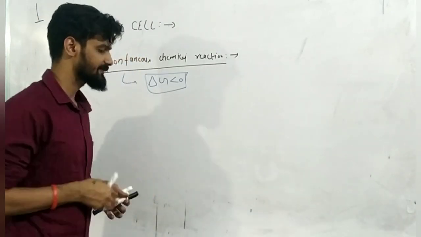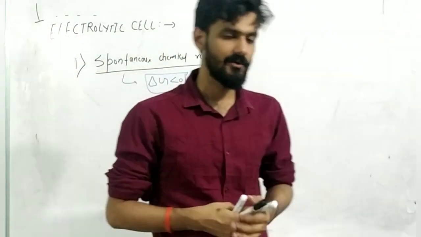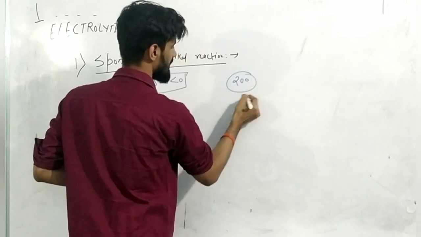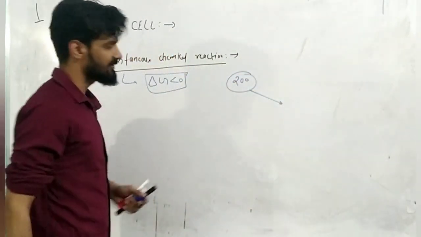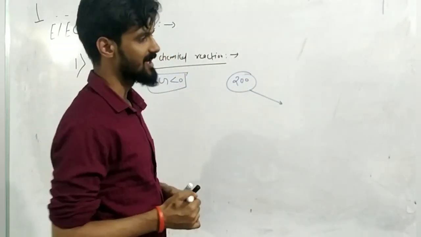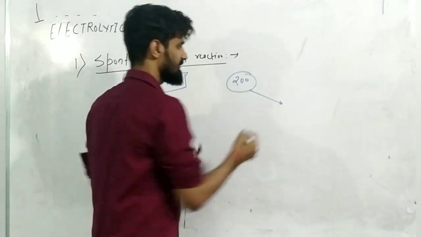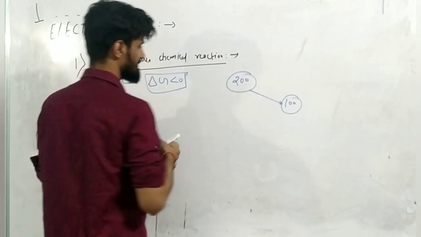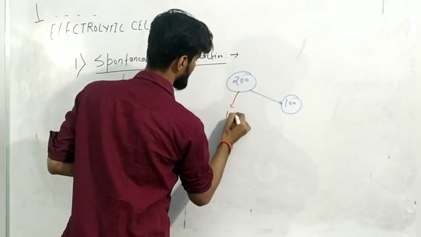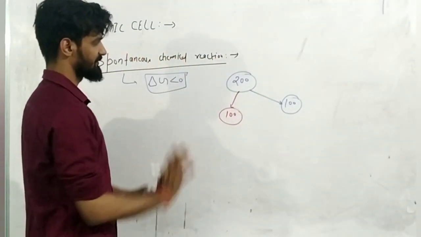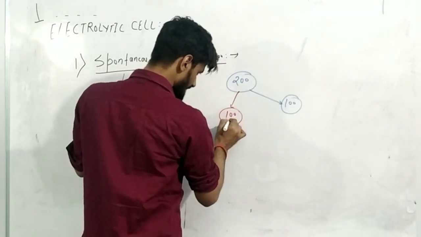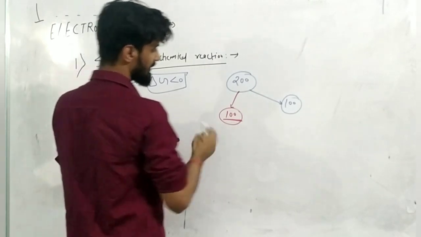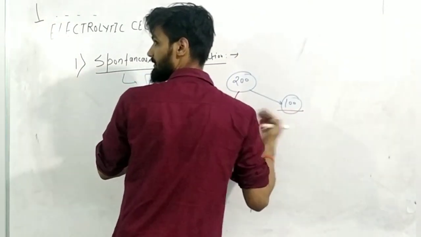So I am just taking a simple example. Just understand, you have 200 rupees in your hand. Now a beggar comes in front of you and asks for help, and you give 100 rupees to that beggar. Now 100 rupees has been left in your pocket. You are left with 100 rupees. Understand that this is the amount you have left in your pocket, and this is the amount you have given to the beggar.